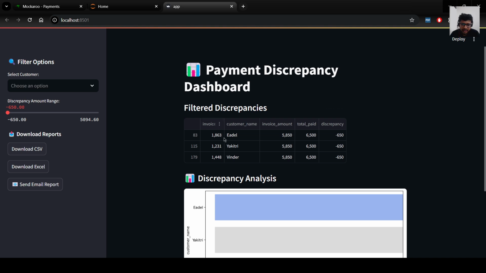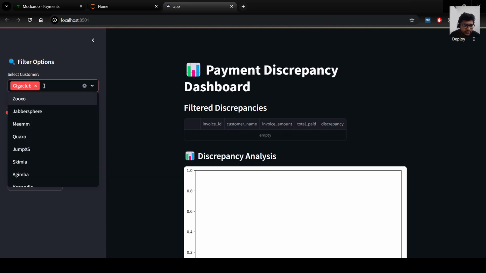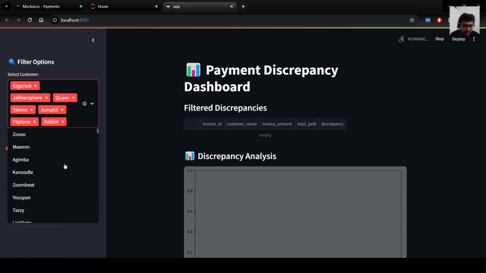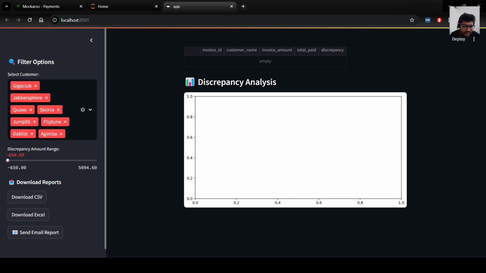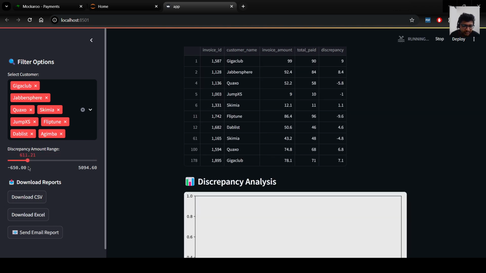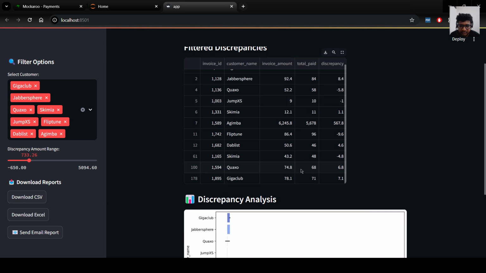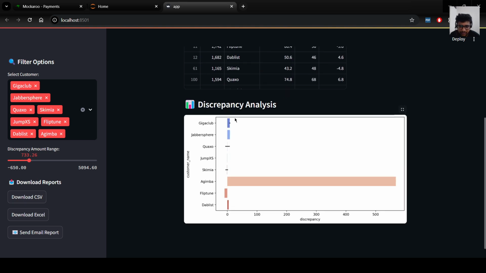This is a real-time dashboard. I have my data here. This Python script is fetching the data from my SQL server, and if you see, we are able to sort by the customer. You can just add the customer, and you see the discrepancy amount. This is the lowest, this is the highest. We have the customer data, and it is showing us in the graph. If you see, Agimba has a lot of discrepancy. So if I remove it,